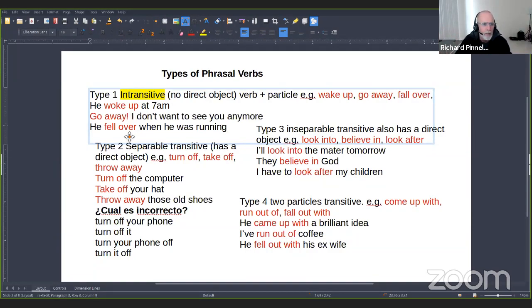Go away. He fell over. He fell over when he was running. Here, we don't have an object. We don't say he fell over something. Actually, this could be both, but I don't want to complicate it at the moment. We could say, for example, he fell over the rock, but then it would be transitive, but it can be